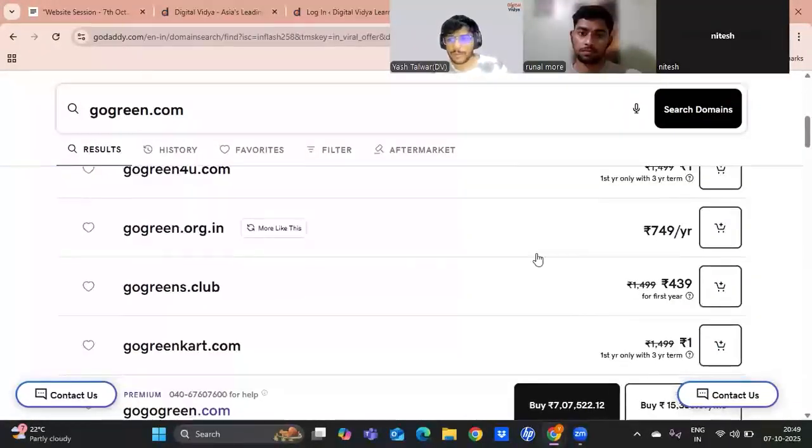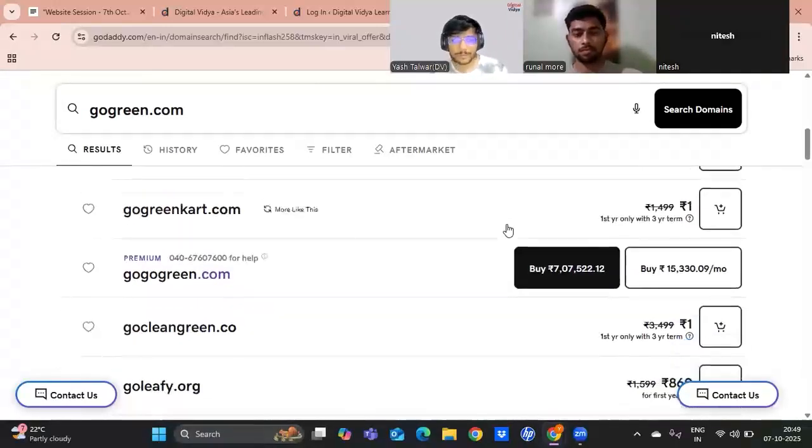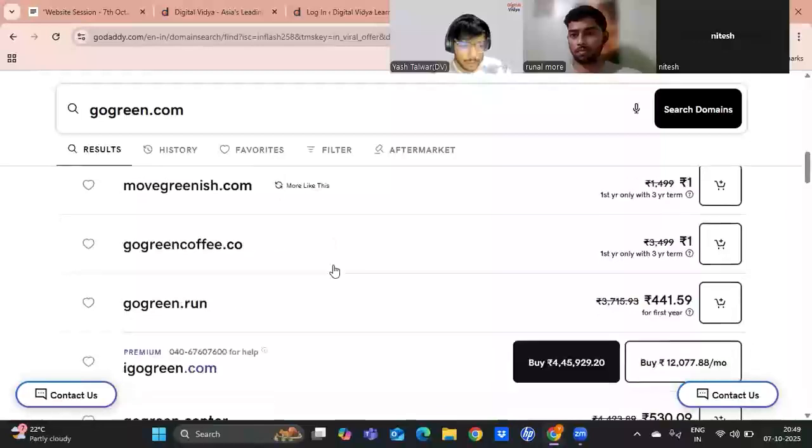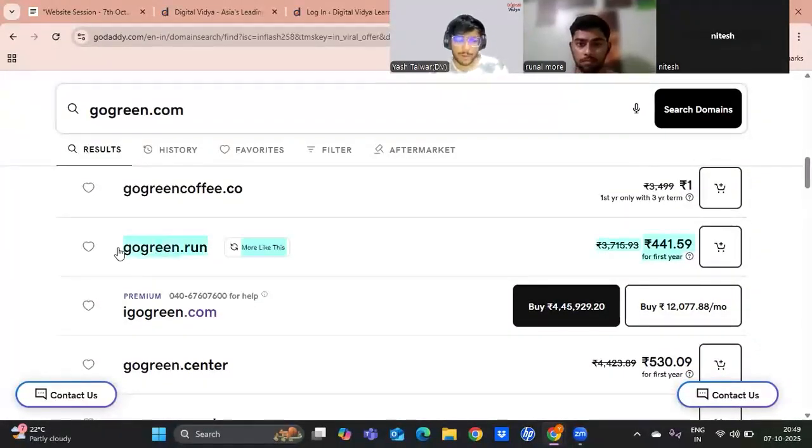So then there are a few other examples. Go Greens. If I just change the spelling a little bit, if I can play around with the spelling as well, then also the pricing can come down. Let's see, gogreen.run. This is the exact domain name, but just a different extension. And this is listed for 441 rupees.